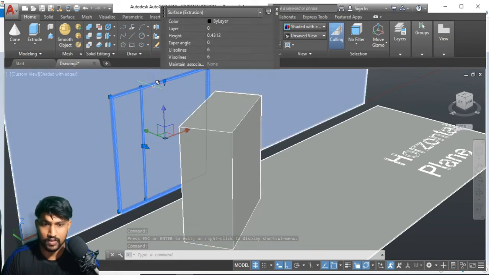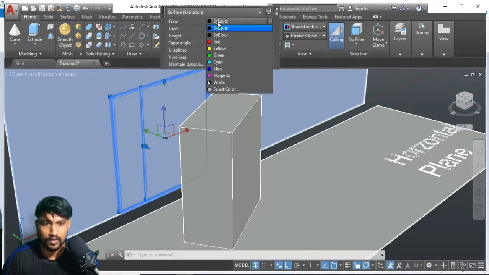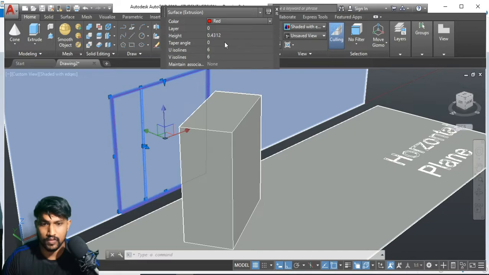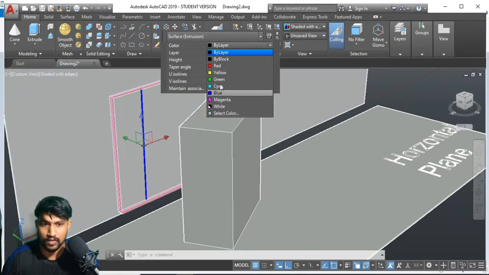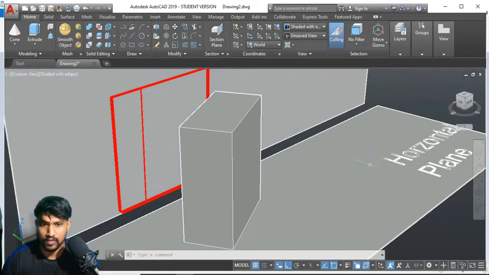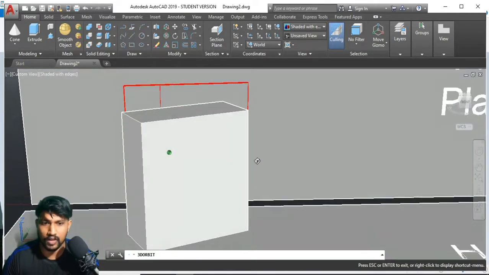Just made a surface. So if it is a front view, we have to give a dark color. So that is how it is going to look from the front, right?